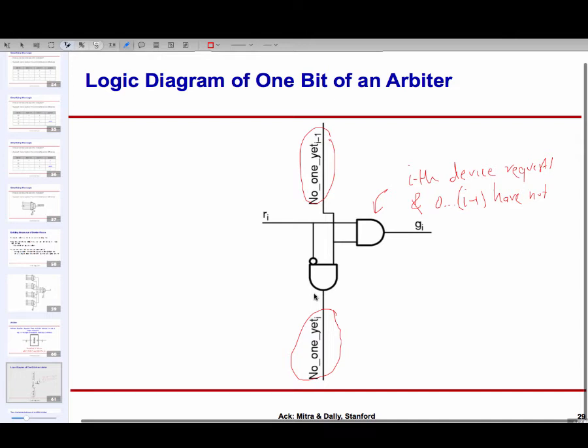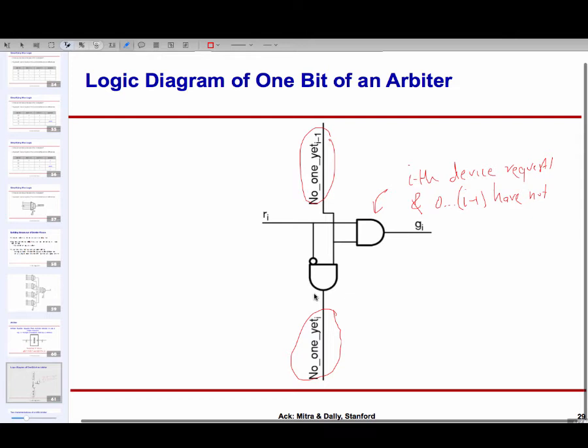I give you this box. Let's say this is all I give to you. I give you a black box which does this function. It has 2 inputs and 2 outputs. Can you make an n-bit arbiter out of it? So you would use up one of the inputs, and all of the outputs together and feed it into the next multiplexer.